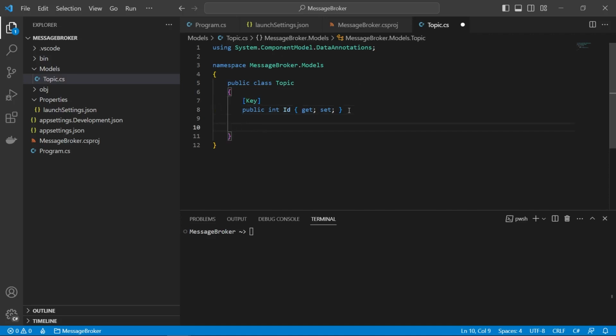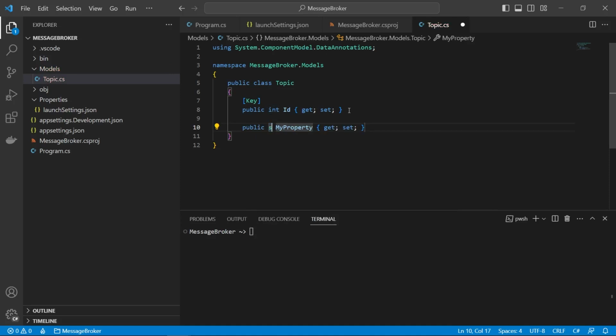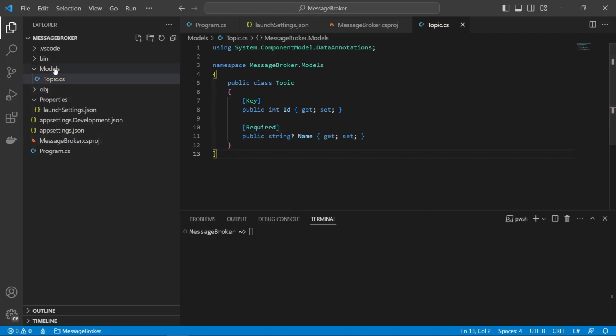And then just one more property, so prop, tab. This time it's a string. I want to make it nullable, so I'm just going to put a question mark there, tab over, and I'm just going to call that name. Okay, and escape out of that, and I'm just going to say that this is required, like so. All right, super simple. We'll save that off. Next one is our subscription, so right-click models, new file,